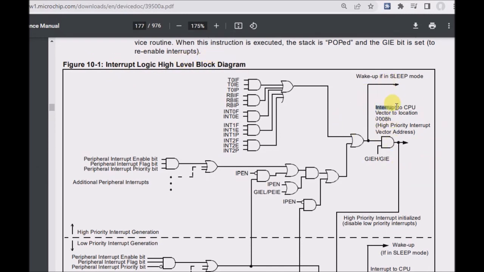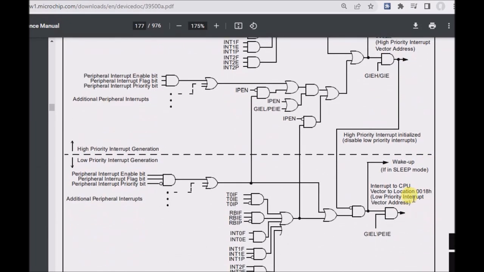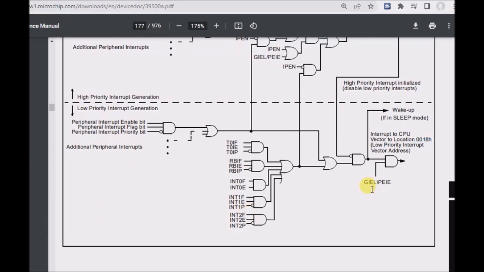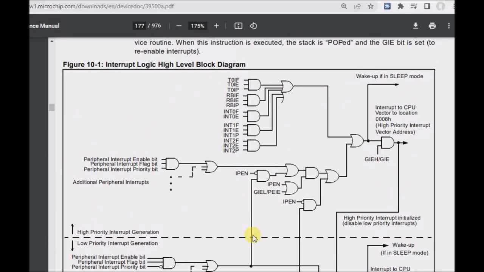It's showing the interrupt to CPU vector to this location and also to this location. So low priority interrupts are categorized like this, and it's going to send the vector to this location, and high priority interrupt stuff is on this side of the dashed line, and it sends the interrupt to CPU vector to location 0008H as a high priority. Well, anyway,